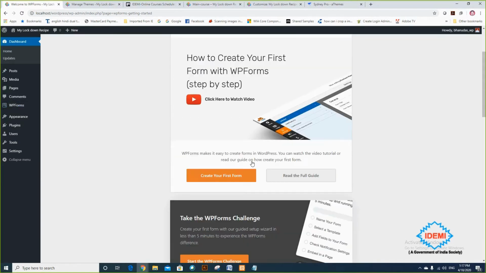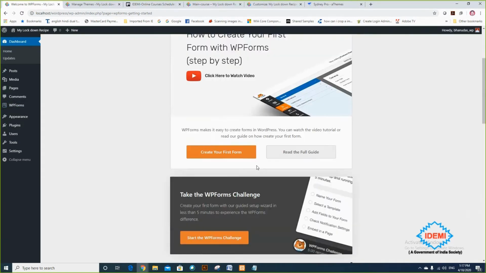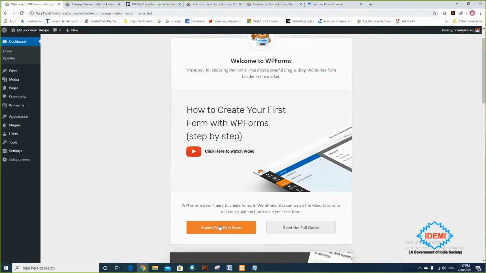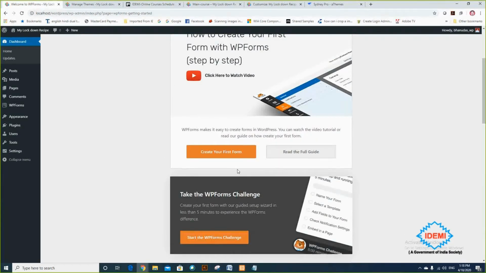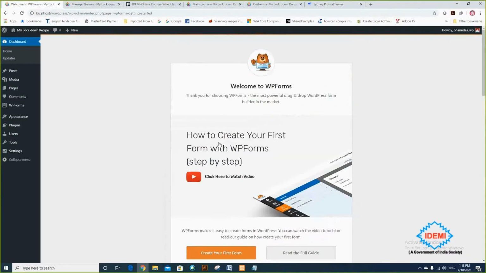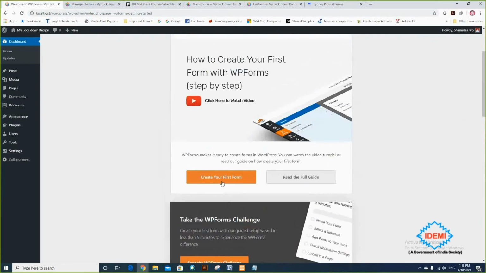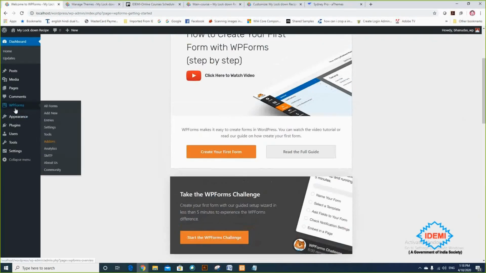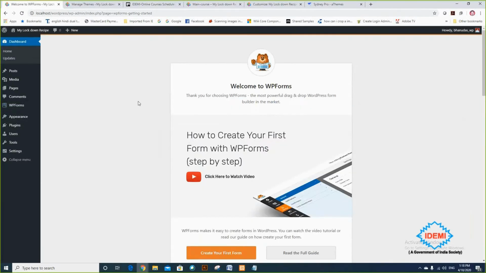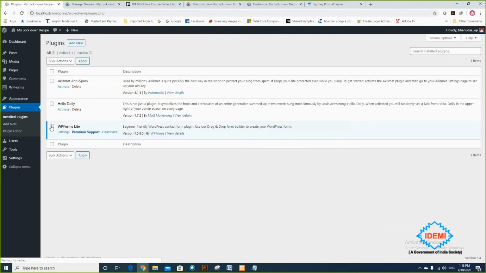Okay, and it's giving you help where you can directly click here and follow the instructions, so it will generate the form for you. Okay, so I'm not going to do from here. I will directly use this WP Forms one. So once you install the plugin, okay, so it will actually be available in the list. Previously it was 2 only, now it is 3.